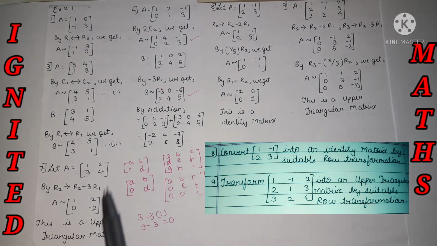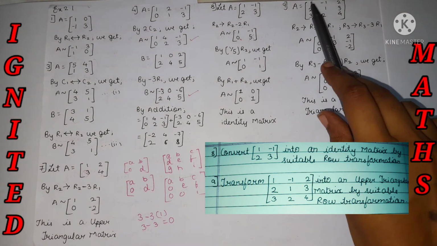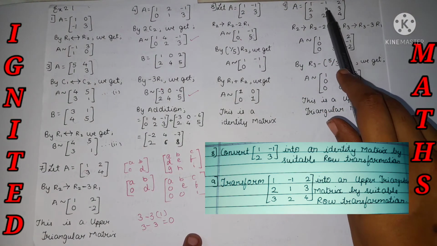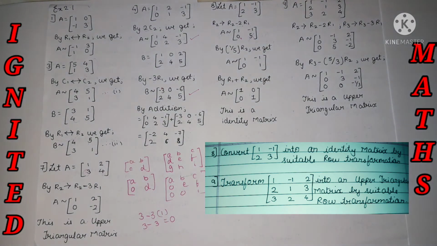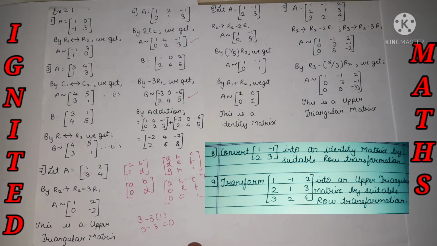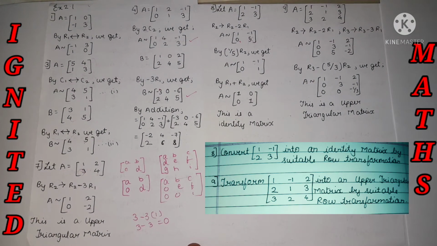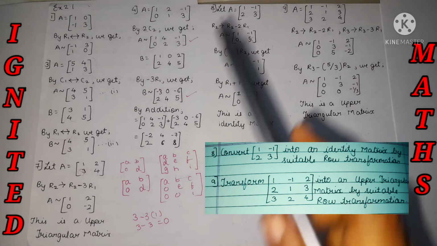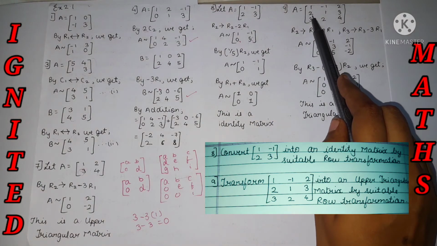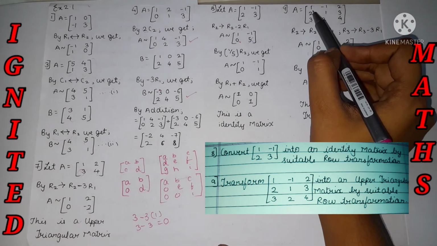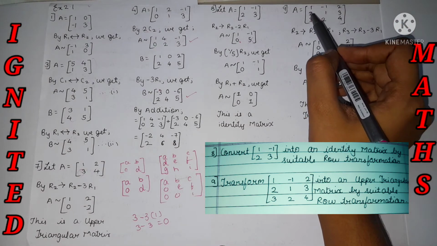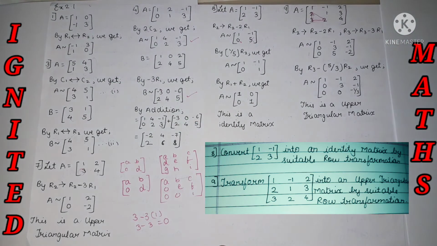Let's get started. Any element is absolutely all right, whether it is positive, negative, or in denominator, numerator form; no need to worry. At this element and at this element, we need to bring it to 0.